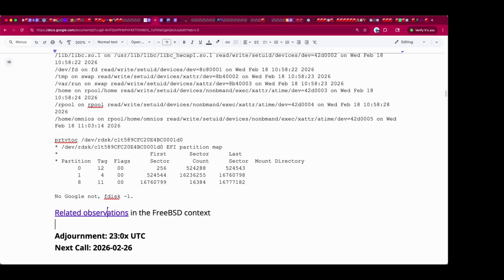Rob, any news from user space ZFS? No, not at the moment. I have nothing to show. I do have the module. I have a daemon that works, and I have a way to communicate with it from the ZFS tools. But I can't actually create or import a pool yet because